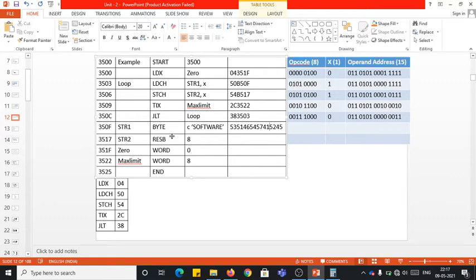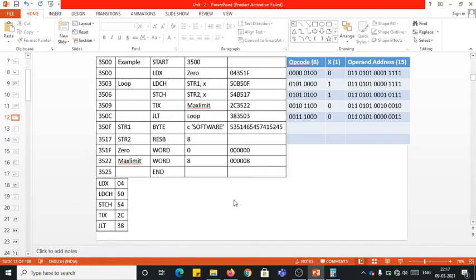Next, again, reserve byte instruction. As we spoke so many times, for the reserve byte and reserve word instruction, you don't have to generate any object code at all. It is just empty space. Again, you have word instructions. For the word instruction, whatever the operand is, it itself is the object code. So when you write this 0, it itself will be the object code, but write it in the 3 bytes format. Again, 8 is also the same. 8 itself will be the object code, but write it in the 3 bytes format. And as usual there is no object code for the end. These are the object codes for the given instructions.